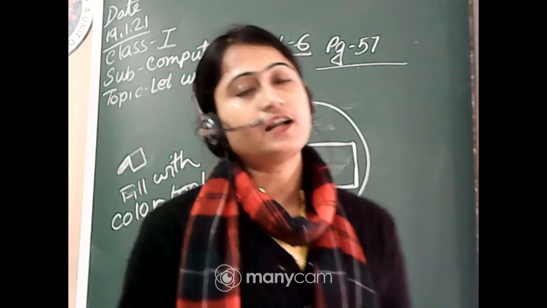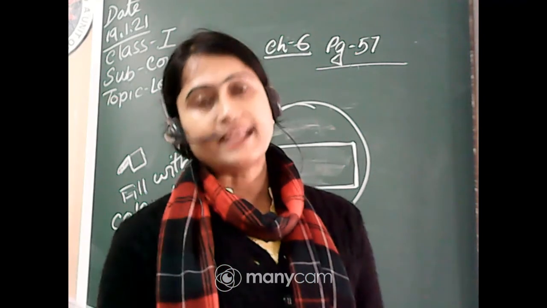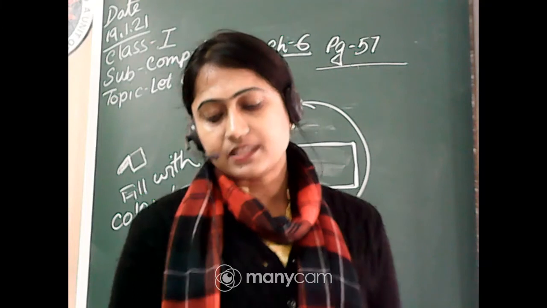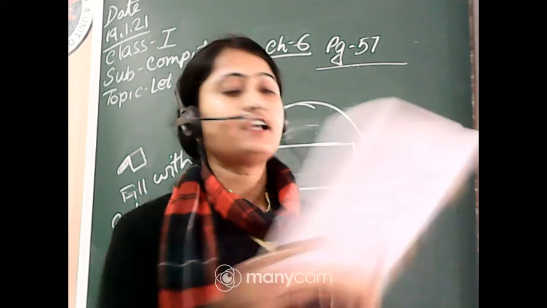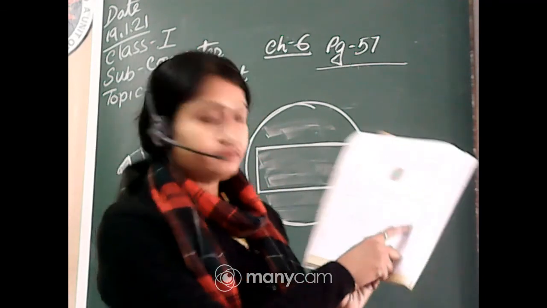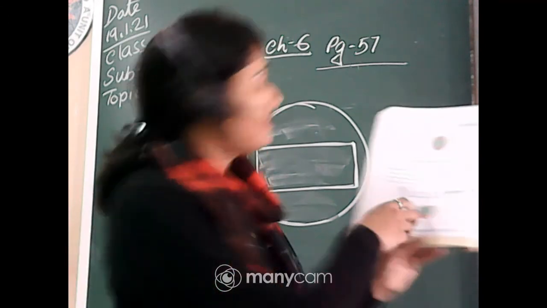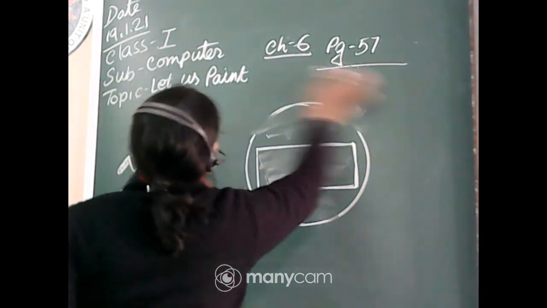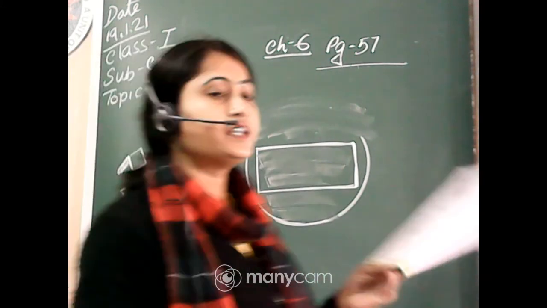It is also under the Home tab. Eraser tool from the tools group. Choose any size of the eraser by clicking on the size button. By clicking on the size button, you can choose the size of the eraser, and then if you want to erase this part, you can apply the eraser tool.